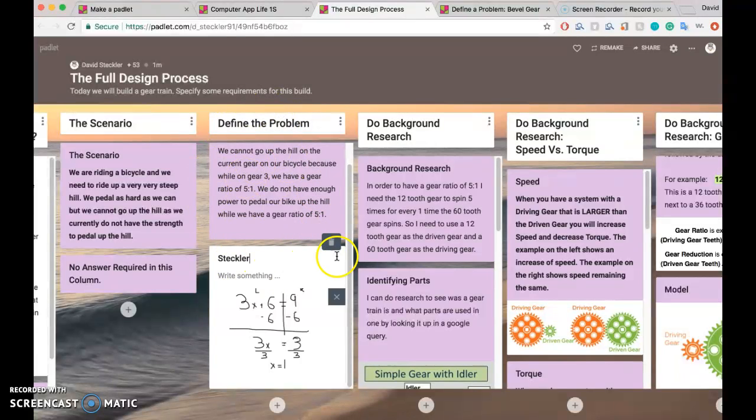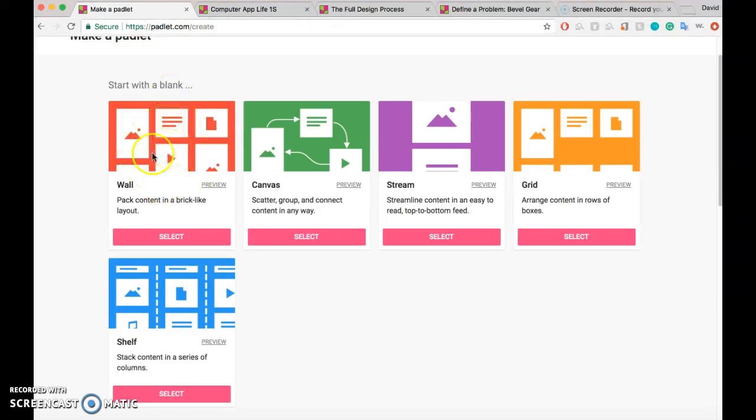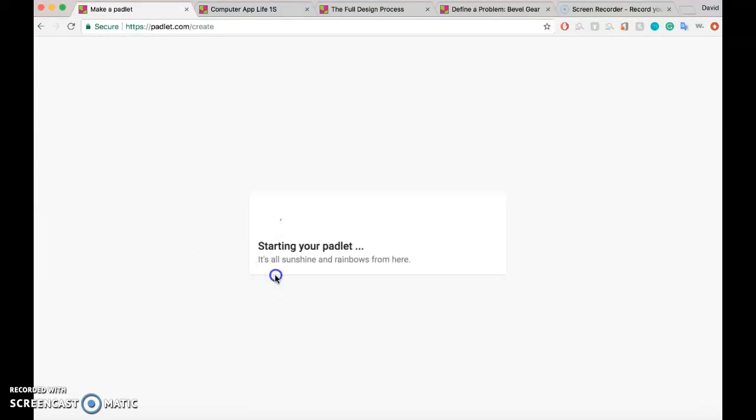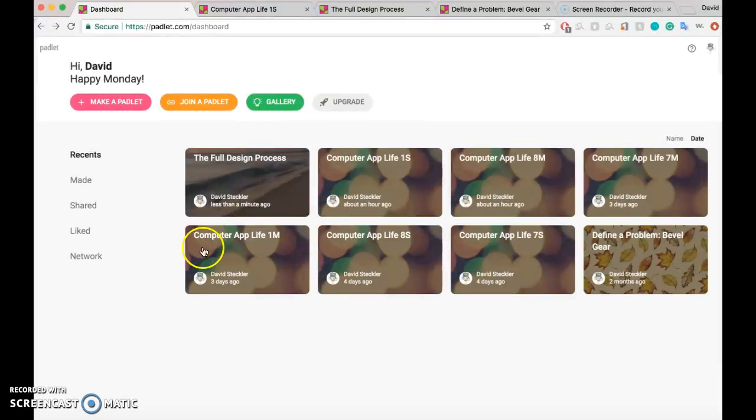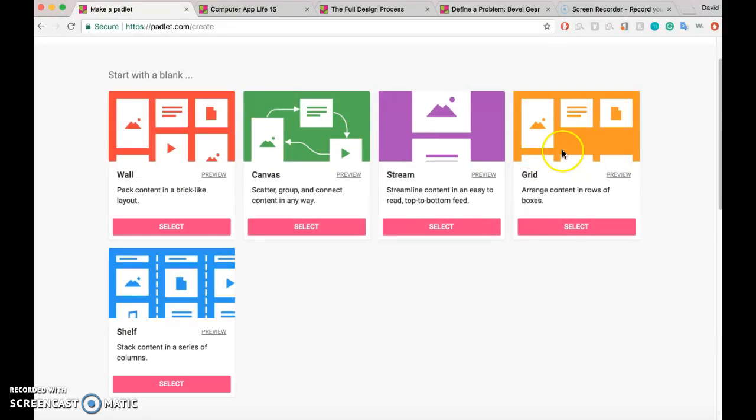And if you didn't want to use this grid layout, then you could use another layout such as a wall, where as soon as a student enters a response, it just updates as it's seen. And to be honest, I've not tried these methods just yet, but the ones that I've used that I like the most are wall and shelf in particular for organizing information, wall for just a stream of information. I guess stream is the same thing as wall, but it's everything in one screen as opposed to wall,